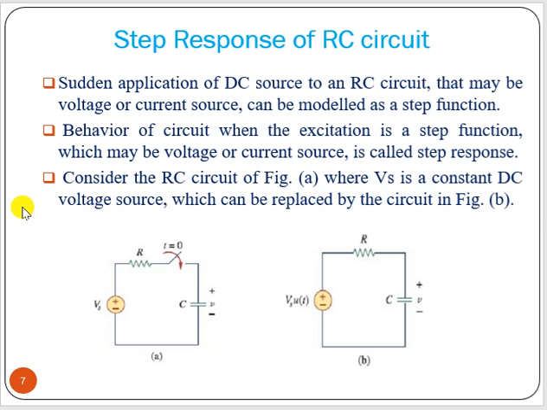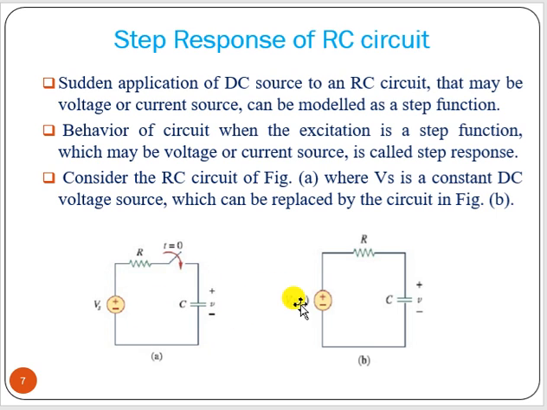Okay. Now consider the RC circuit. Here Vs is a constant voltage source. Here we have a switch. That means when t is less than 0, what happens? This switch is open, so no current will flow, and we do not have any voltage across the capacitor, right? If it is open, no voltage across the capacitor, and when the switch is closed, then the capacitor becomes an open circuit, and the value of the voltage should be Vs. Okay, because no current will flow, because for DC the capacitor acts as an open circuit.